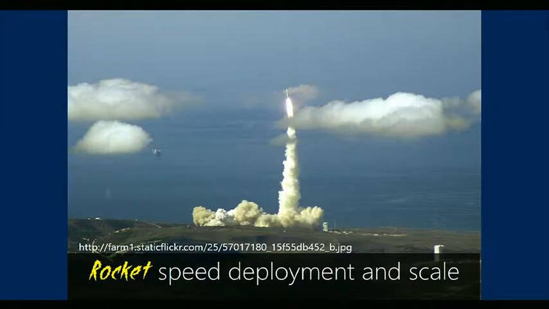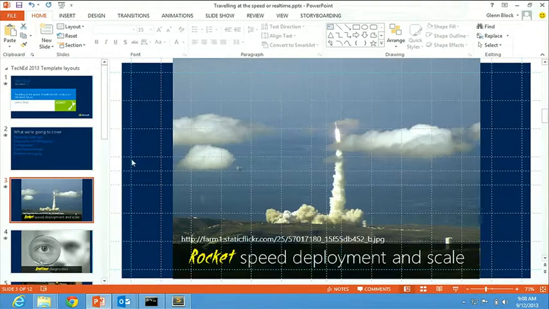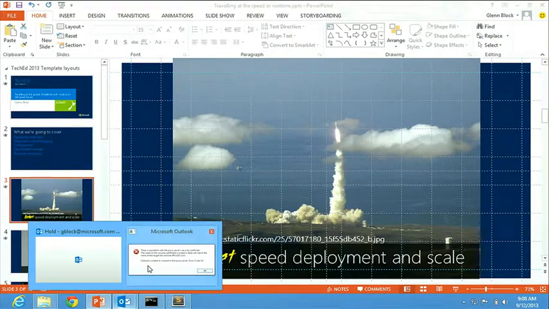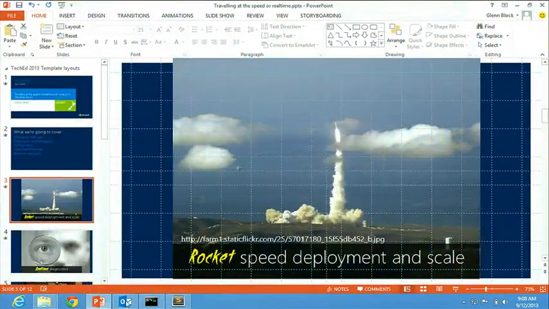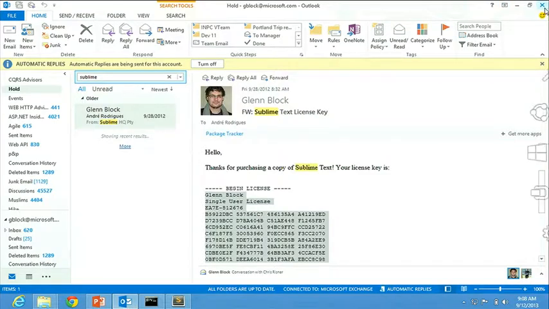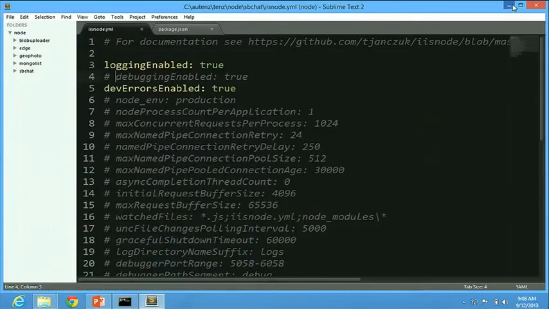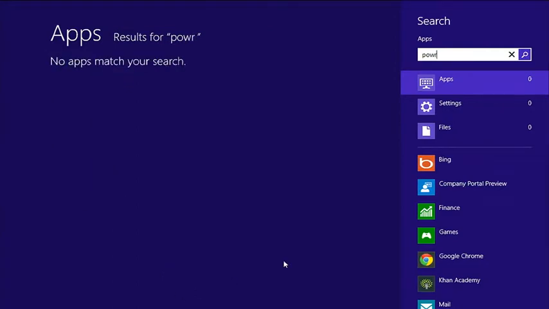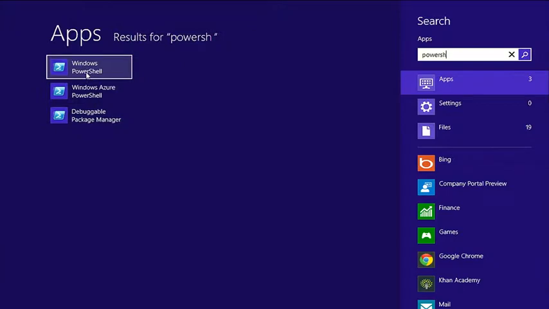So let's start talking about how to deploy Node apps to Windows Azure. Now, we've worked really hard to have a lightning deploy experience. So one of the things we have is, let's put that away. Let's close that. That's not a good view, eh? Say that again? That's not a good view, you've got an exception. Okay. So what I'm going to do is we actually have a command line tool, cross-platform command line tool,